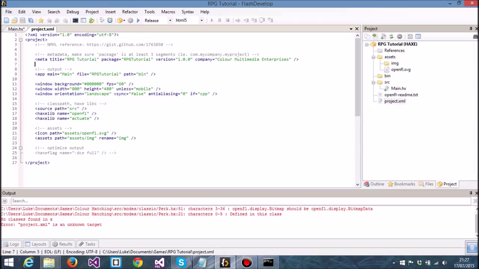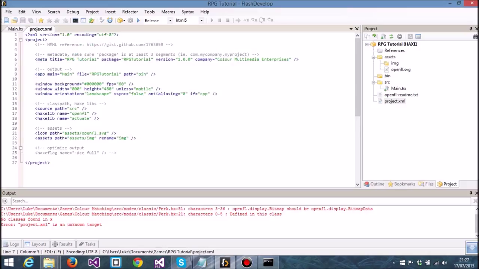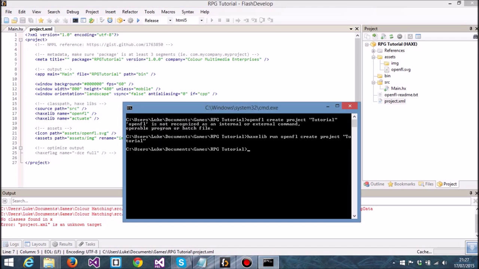The title, I'm not 100% sure if it is required. That basically says we're going to make the title of the game window RPG tutorial. We could probably just put no name in it and it would work. So if I just do a quick test of project.xml, Neko is a good platform to use for testing